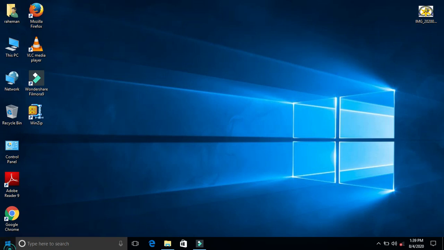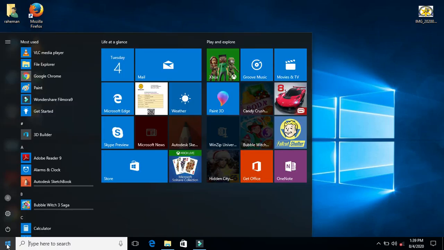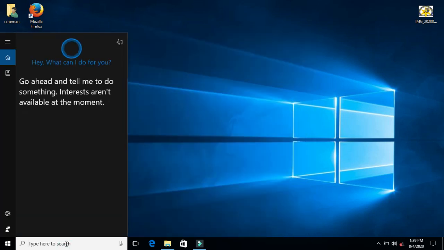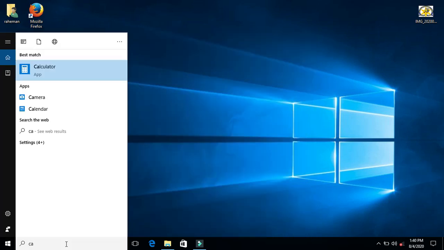First you look in the start menu. If you do not find your app, you search for it in the search box, like Calculator or Paint.